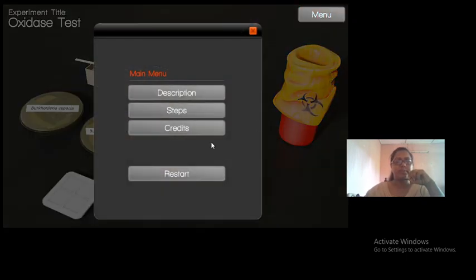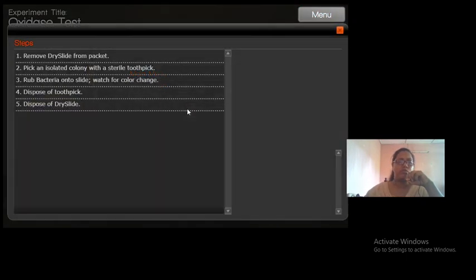Now, some important things that you need to know about this test is, where are the areas that you can make errors. So, a very important thing which was taught to me by my teachers is, never pick up a colony from MacConkey agar for doing the oxidase test. For that matter, never pick up a colony from any media which is not a basic medium.